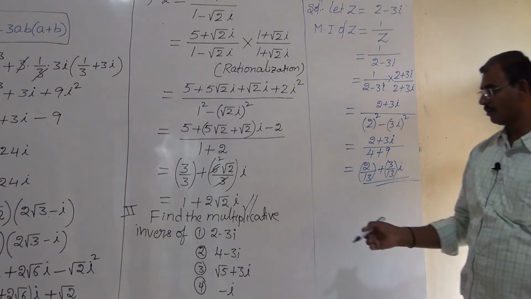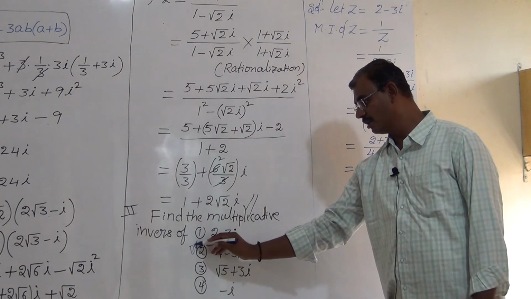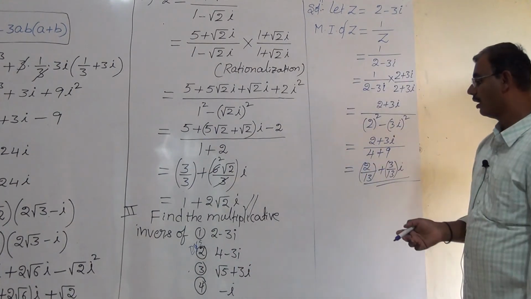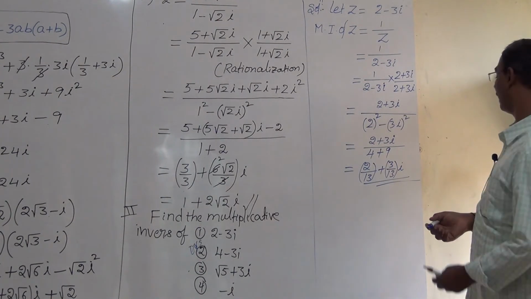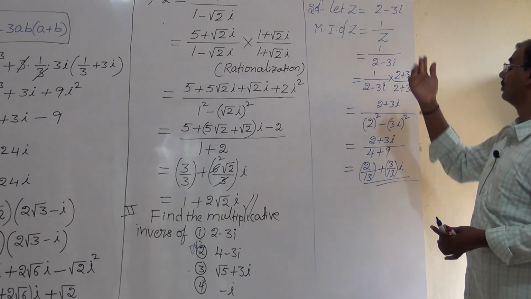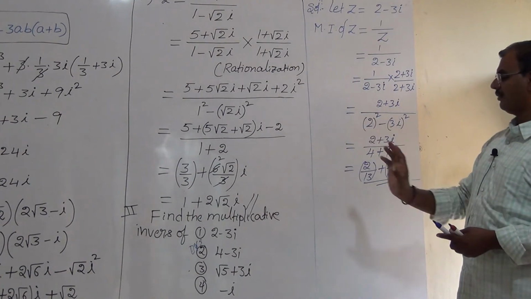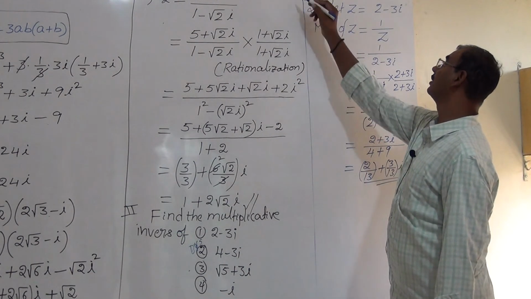Do you want one more example? Okay, you do it like this. Do this one yourself. I will explain the third question, square root of 5 plus 3 iota. So how to find it? The method will be the same. Follow the same method and we can easily get it. So I will go to problem number 3 right now.